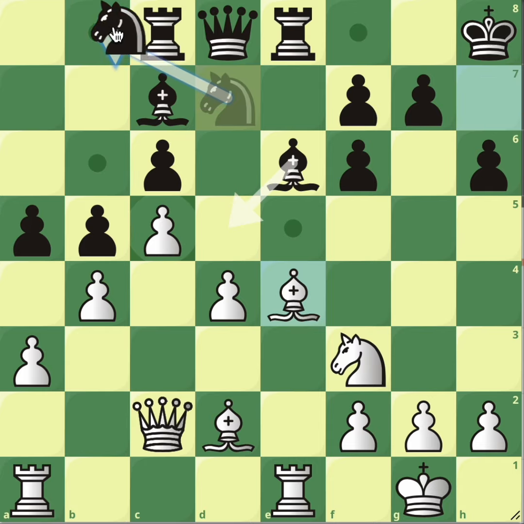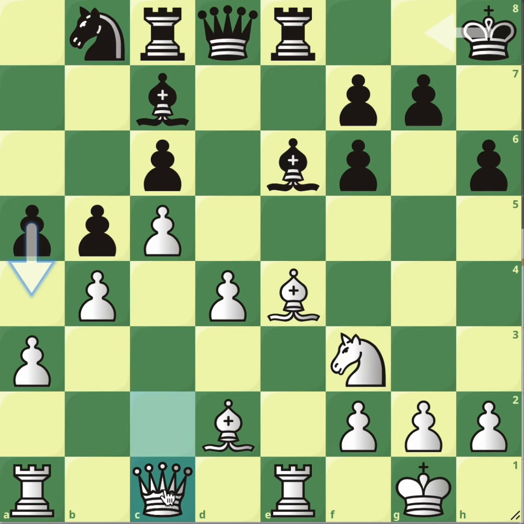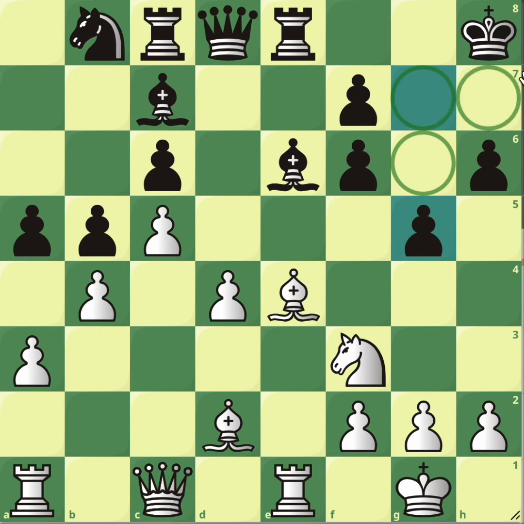So in this position, the knight goes back to defend the pawn, and now I can play queen to c1. And what's happening now? I've got a double attack on this pawn. The king can't move to h7 to protect it further. Black will either have to play g5, which is horrible. It does prevent me from getting there, but now there are many holes around the opponent's king, and I can just